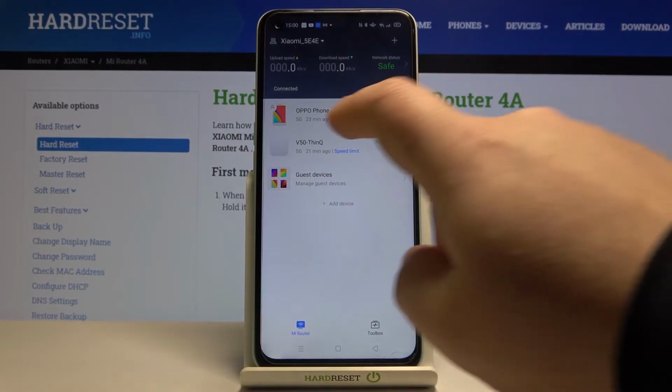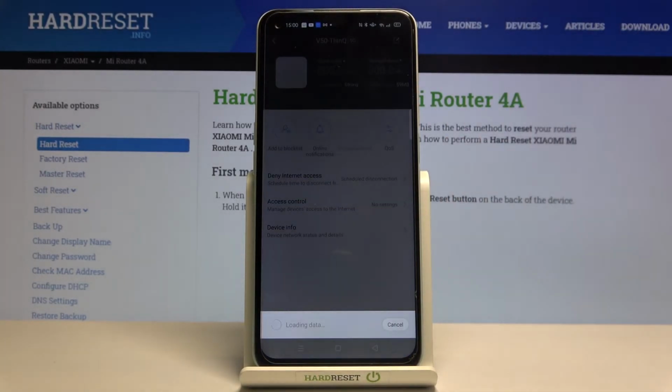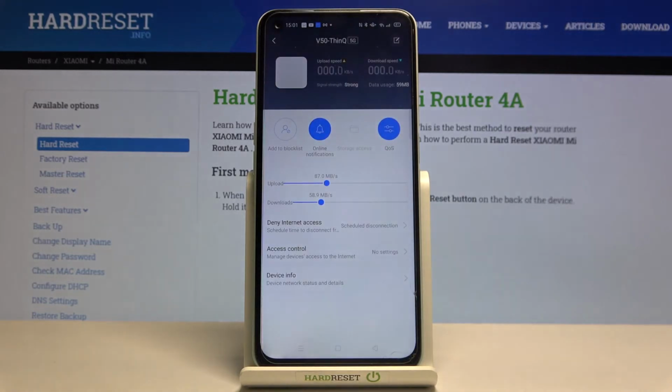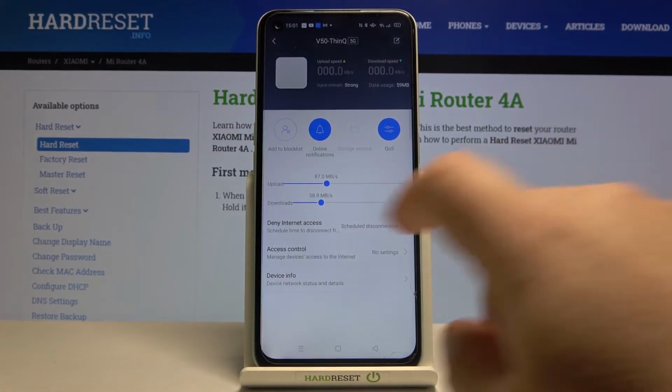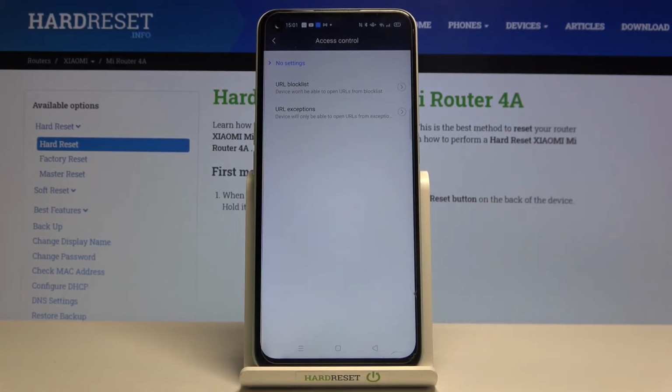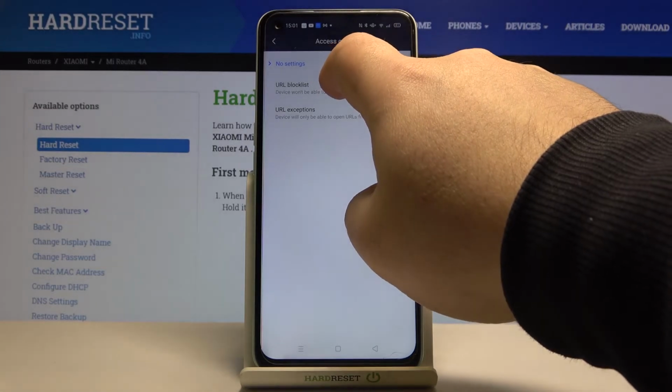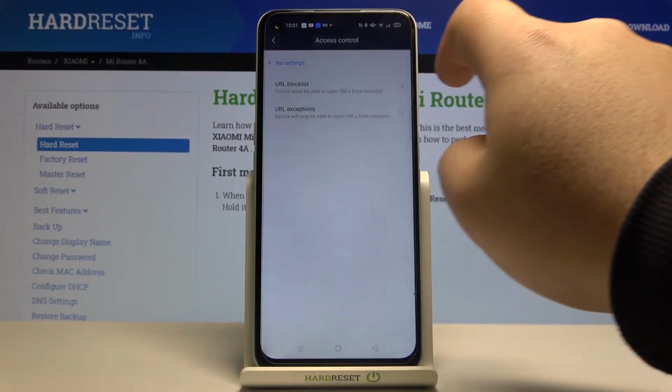Then you need to choose the device you want to block. Tap on the access control, and there you have URL block list. Tap on it,